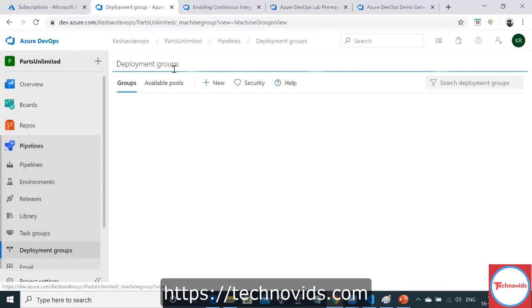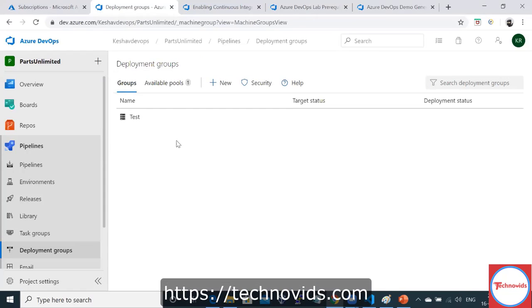Now, you remember the agent pool that we talked about, right? Suppose right now we recently created a build related to an ASP.NET project. Now, suppose I want to add a self-hosted agent in this group. Then which machine do I need? If I want to run the same build in my self-hosted agent, which machine do I need in this particular test group? Do I need a Windows machine or a Linux machine? What do you think?